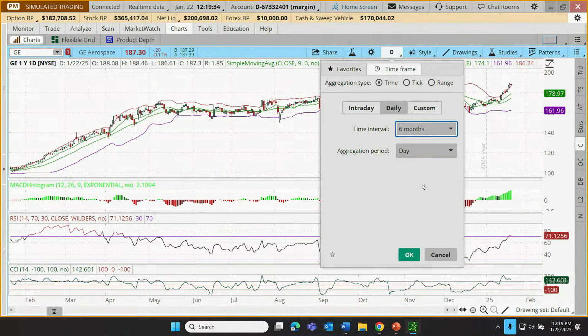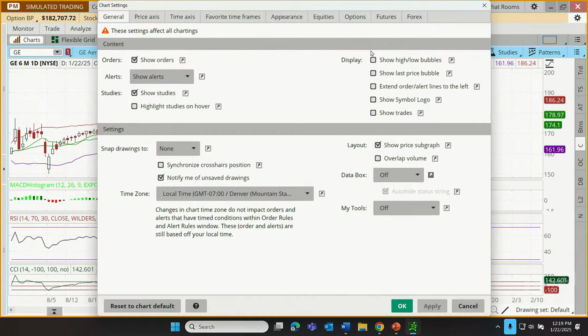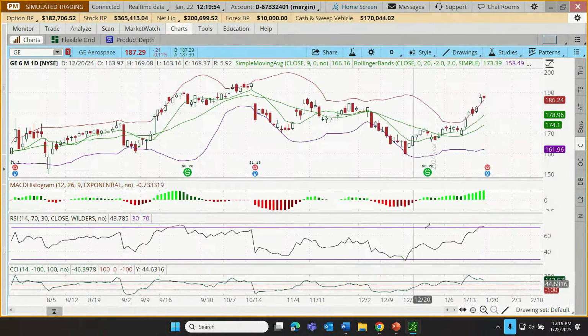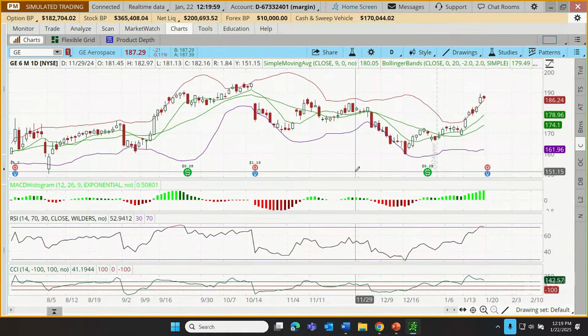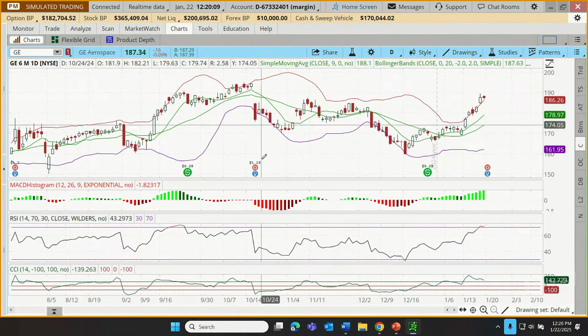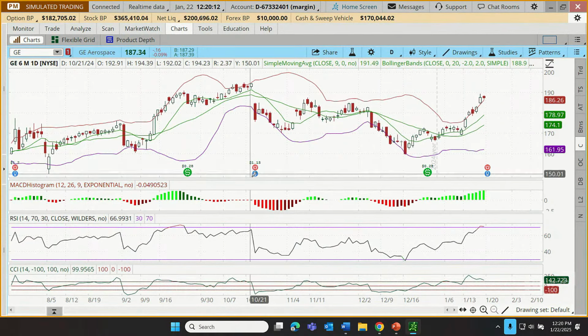Let's go from a 1-year chart to a 6-month chart. Click OK. Let's say in our chart settings, maybe the trader prefers to have corporate actions, in other words, dividend payments, stock splits, earnings announcements. Let's apply that to our chart. So we have these little icons here, and the trader has their preferred setup for some sorts of stocks.